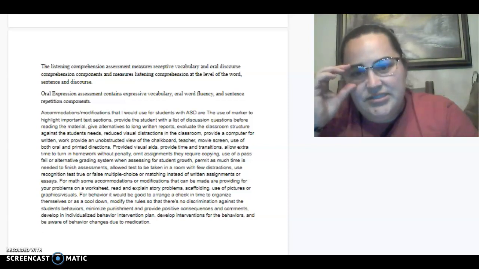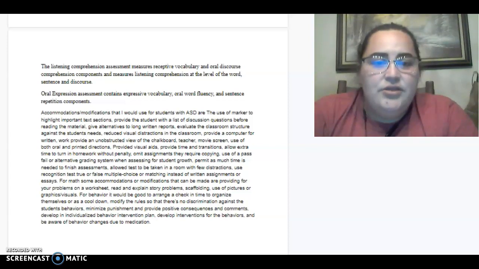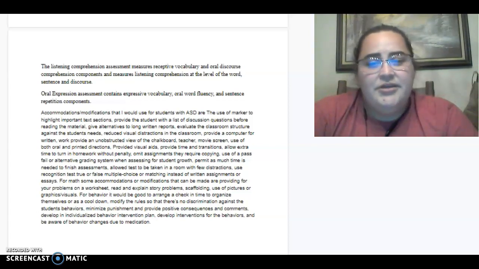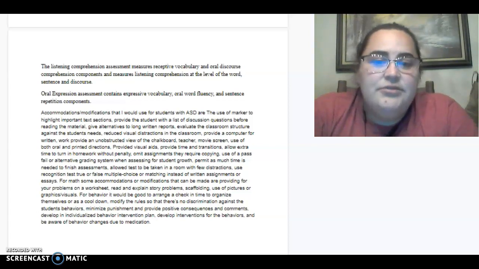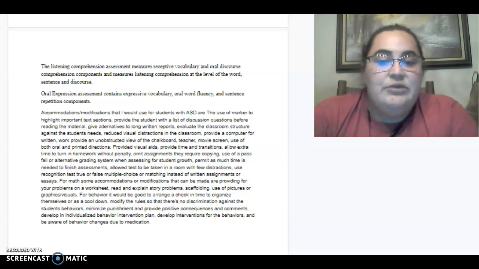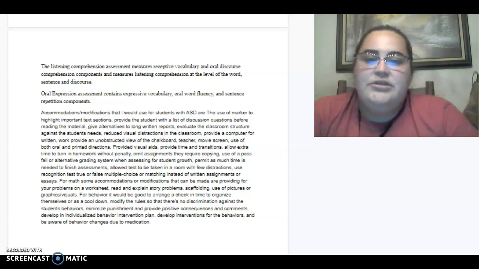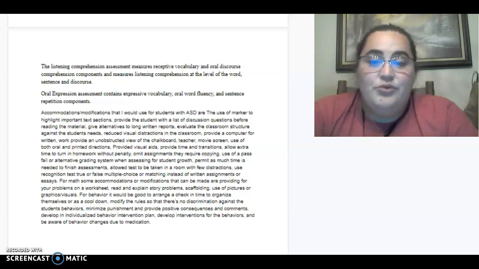The accommodations or modifications that I would utilize for students with ASD are the use of a marker to highlight important text sections, provide the student with a list of discussion questions before reading the material, give alternatives to long written reports, evaluate the classroom structure against the student's needs, reduce visual distractions in the classroom, provide a computer for written work, provide an unobstructed view of the chalkboard and teacher movie screen, use of both oral and printed directions, provide visual aids,